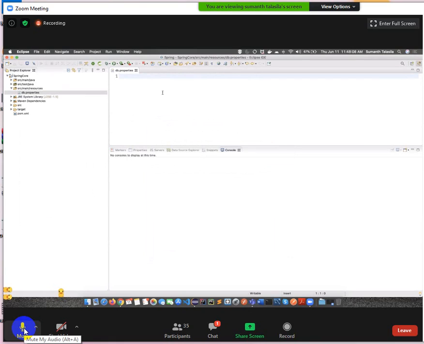Inside that, I want to configure the keys. Key is dev.driverClass. What is dev? The development environment.